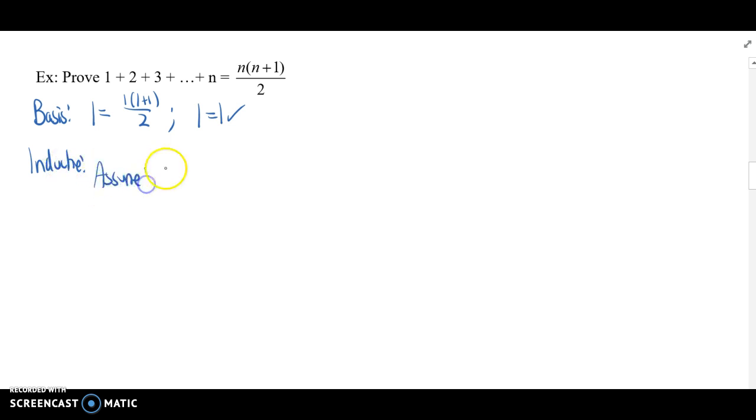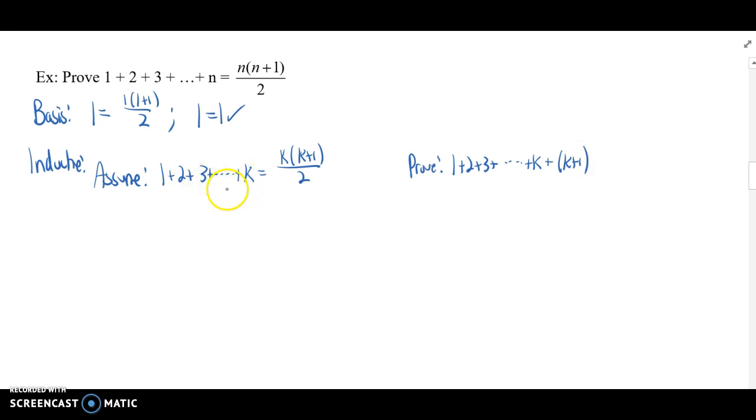Assume that 1 plus 2 plus 3 plus all the way up to, let's go ahead and plug k in, and we're going to assume it works for the first k terms. So that would be equal to k times k plus 1 over 2. And then we want to prove, get to the k term, will the k plus 1 term work? So we're going to try to prove that 1 plus 2 plus 3, and what comes after k but k plus 1? So we add k plus 1 onto the left side of this, and on the right, we're going to change